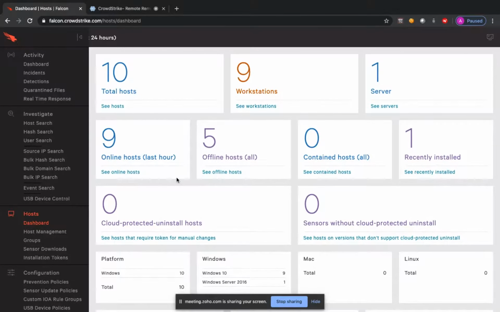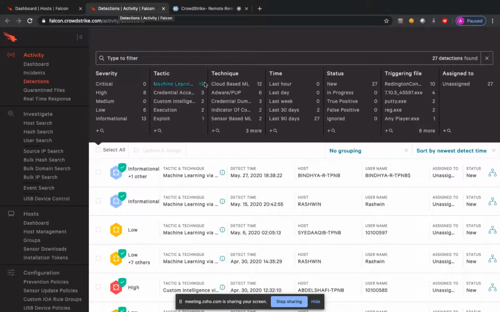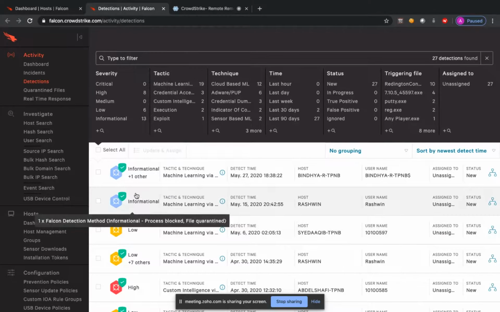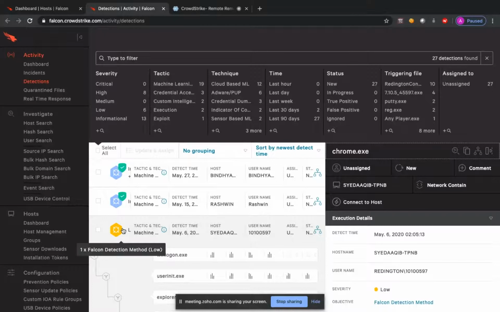right? Let's say that the attack has already taken place. So what I would do is go to the detections pane, right? Here you can see that there are a couple of attacks which have been listed out, right? And you can also see the kind of severity associated with it. Most of the time, just for information, we use the remote response feature when it comes to any sort of medium, high, or critical attacks. Okay, so let's say that a ransomware attack has taken place, or any sort of a severe worm has been lurking around your network.